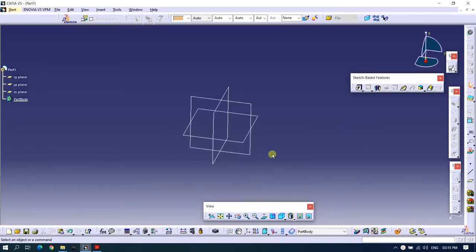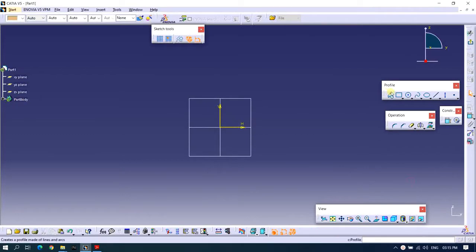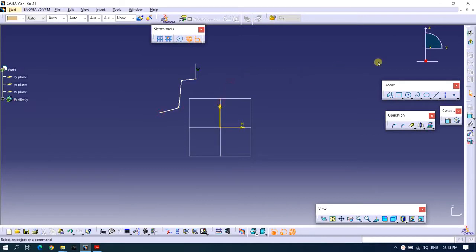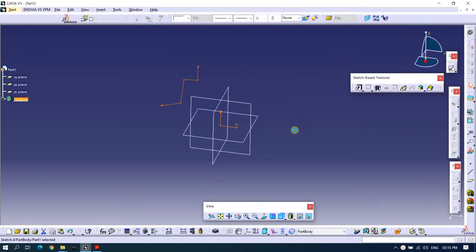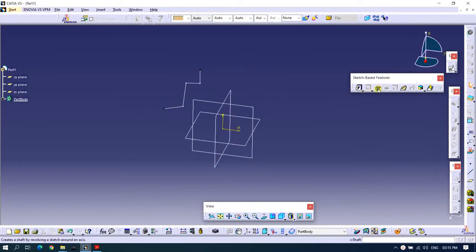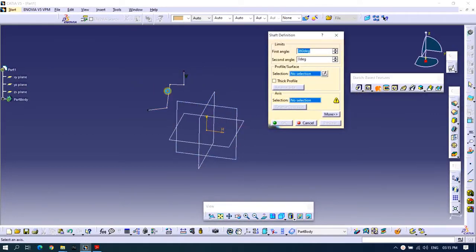I will show you one more example for the revolve command. For this I will take one open sketch now, or open profile you can say. So I'm taking one sketch here. I've drawn it randomly. So we have our profile ready here, and I will use my vertical axis again for the rotation. So let's select the tool. Now I'm selecting the profile and selecting the axis.